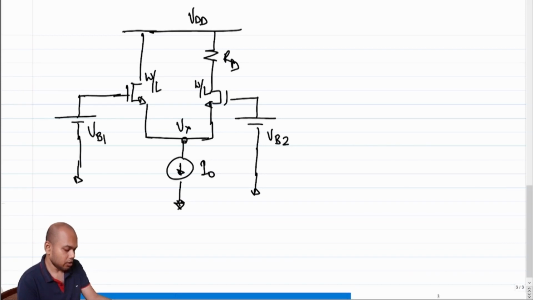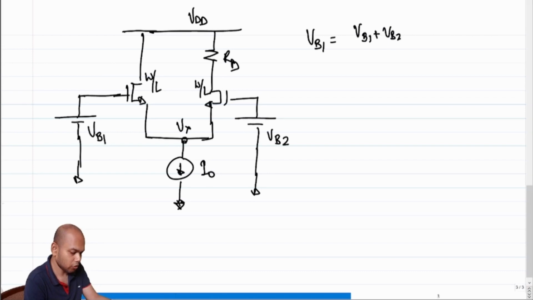If you recall, when we ended the previous lecture, we were in the midst of representing inputs as a sum of common mode and differential inputs. Why is this relevant? This is relevant because I can say that VB1 is equal to (VB1 plus VB2) over 2 plus (VB1 minus VB2) over 2, and VB2 to be equal to